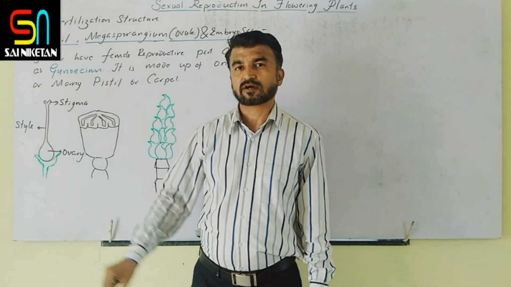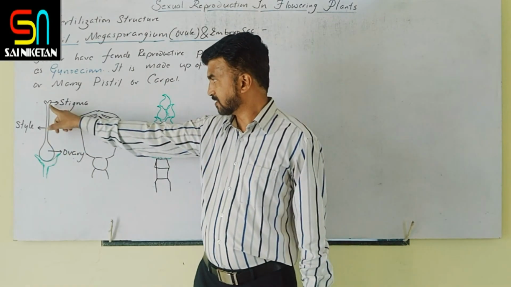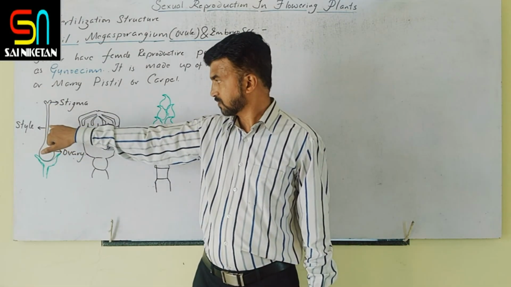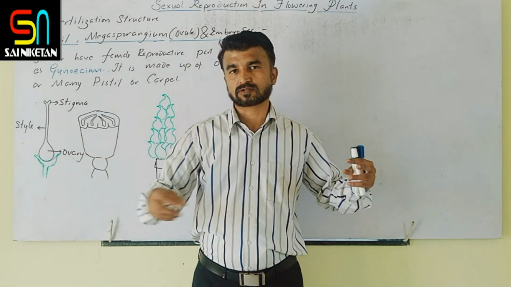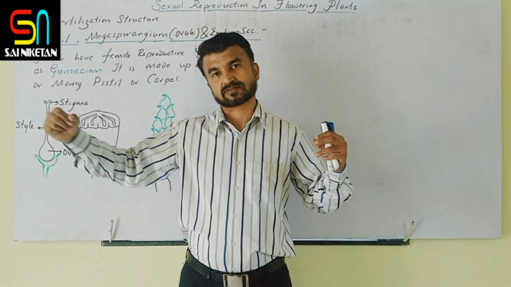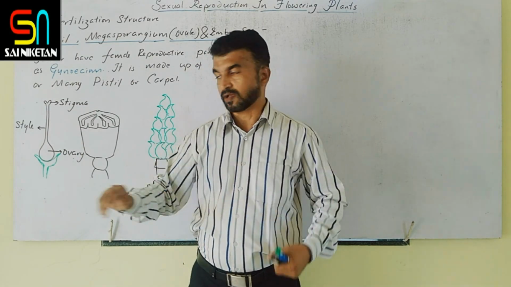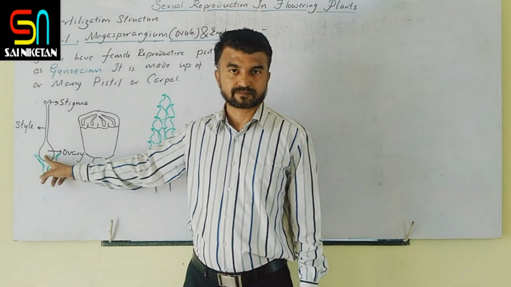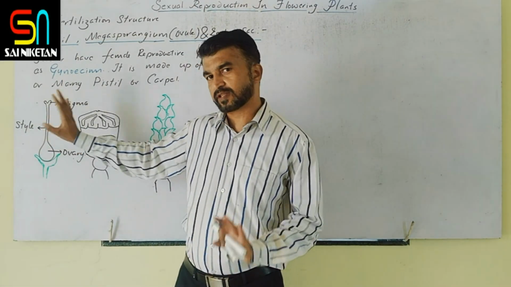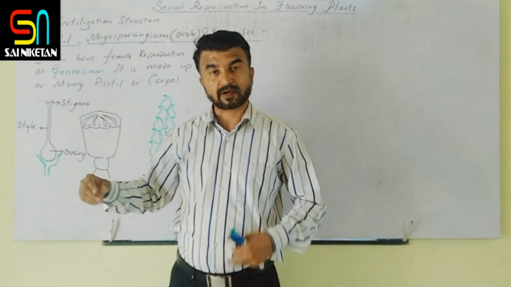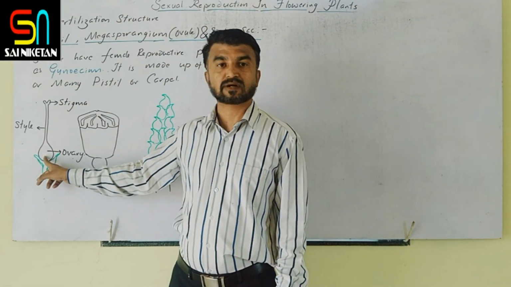Style is a long slender tube-like structure that extends between the stigma and the ovary. It is a tubular structure through which the pollen tube passes. The basal region is a little bit swollen. Clear? So this is the ovary. Collectively you see only one figure. There are 5 carpels, but all joined together they appear as one carpel.